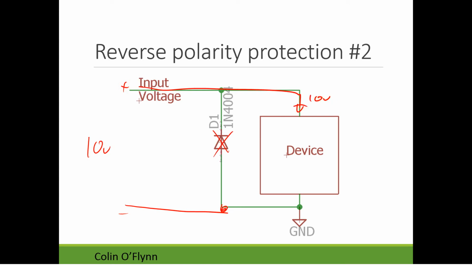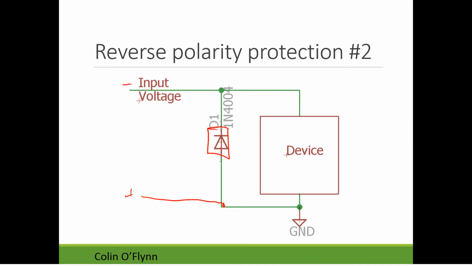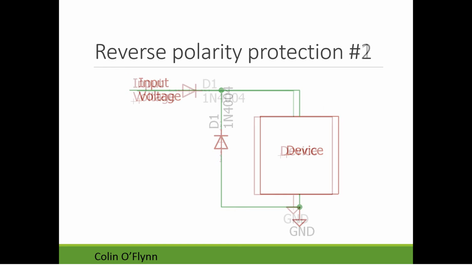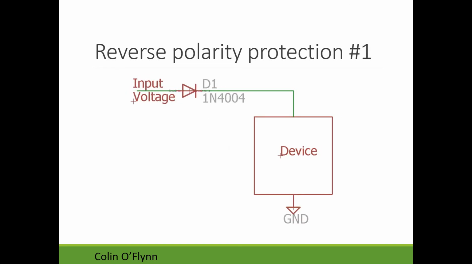If you put the reverse voltage in, what's going to happen is this diode will now start conducting, and it'll actually attempt to short out your power supply. So this method protects it by shorting out the supply when you put the reverse polarity. It's more dangerous. You need to ensure this diode can source enough current for however powerful your power supply is. The main advantage of it is that when you have 10 volts in here, your final device sees that 10 volts. In the previous system, we lost about 0.7 volts to the diode.